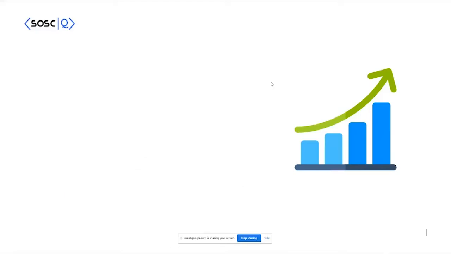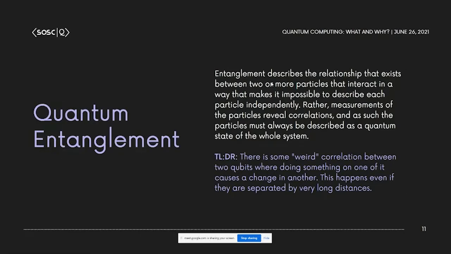So let's talk about the second tool, which is quantum entanglement. Quantum entanglement is also a weird phenomenon that was noticed in quantum physical systems, in quantum mechanics. So the idea here is, let's say you have a normal bit. What happens if there are 2 normal bits? They do not really have any correlation, right? If one is 0, one is 1, and you have them separate, do you have any correlation? No, they do not really have a correlation.